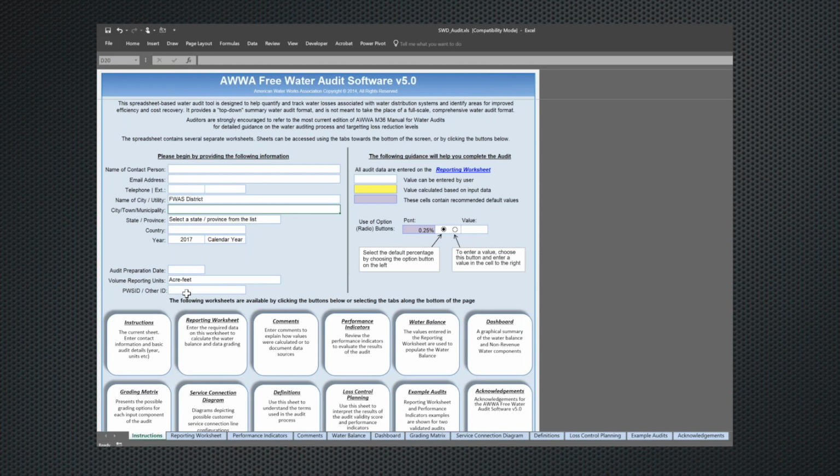This is a collection of the specific utility information. Additionally, some of the standard reporting parameters are indicated here, such as our reporting year, as well as our volumetric reporting units. For reporting year, we have calendar year 2017 entered in, and for our volumetric reporting units, we have